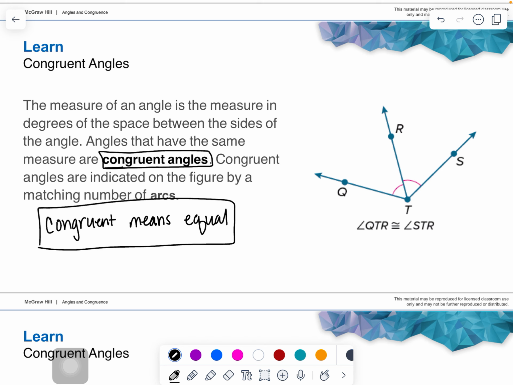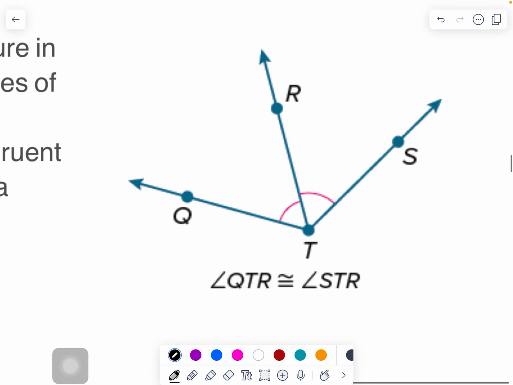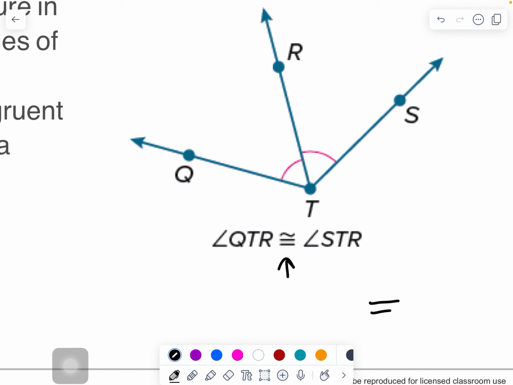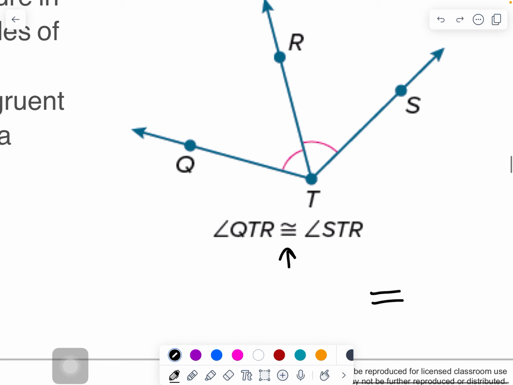They're equal angles. So in this example over here, it says angle QTR and angle STR are congruent. That's what this symbol means right here. If you trace out, this is an equal sign, but then they put this weird little almost sideways S on top of it. This is a congruent symbol, okay? And it means they are having the same properties, the same measure,